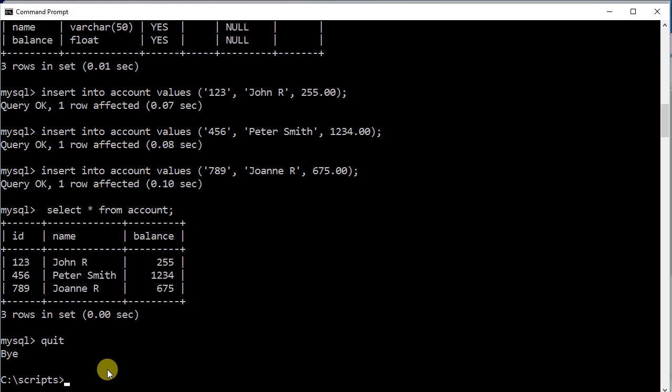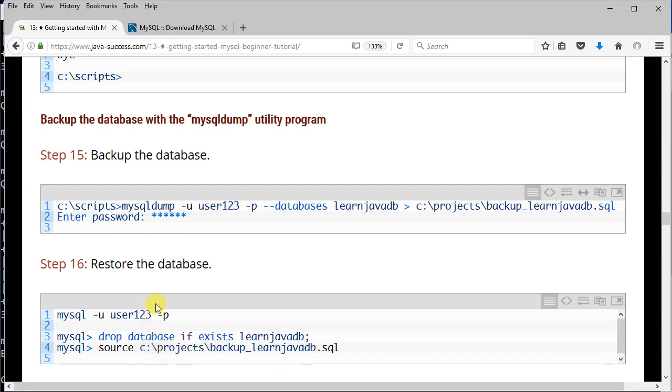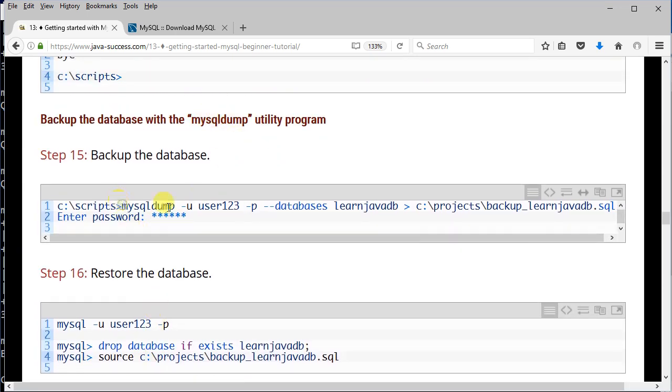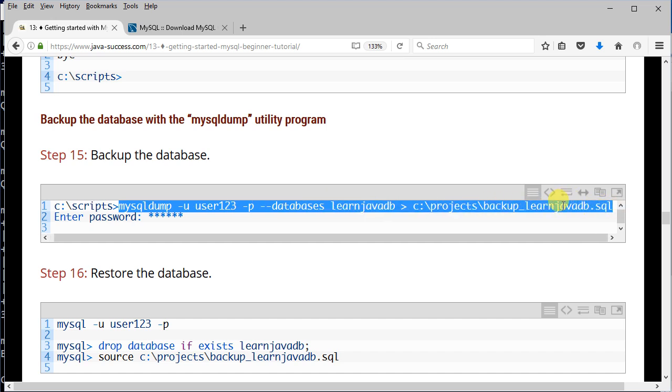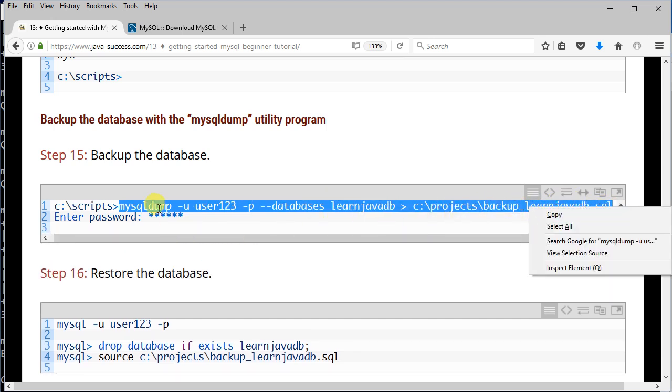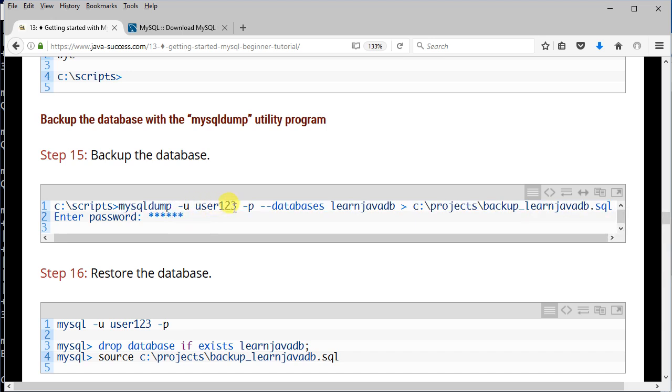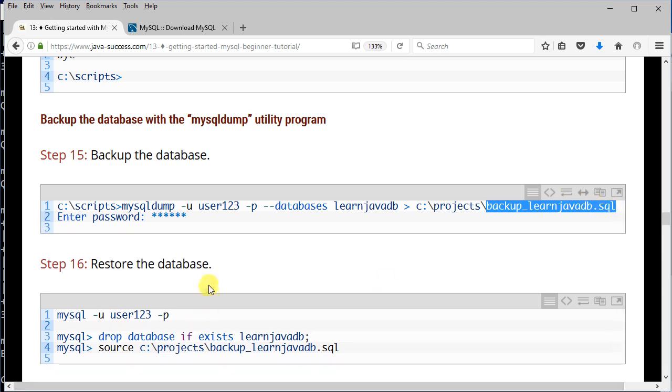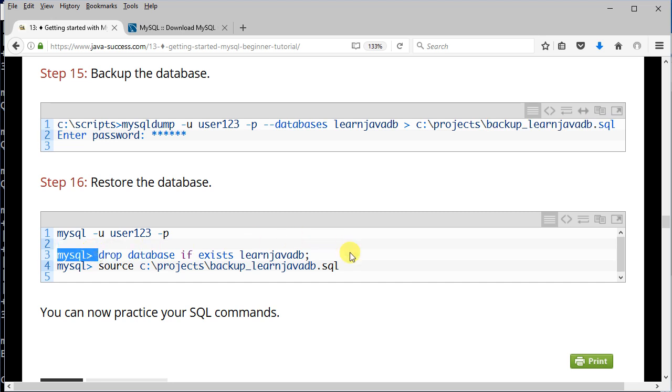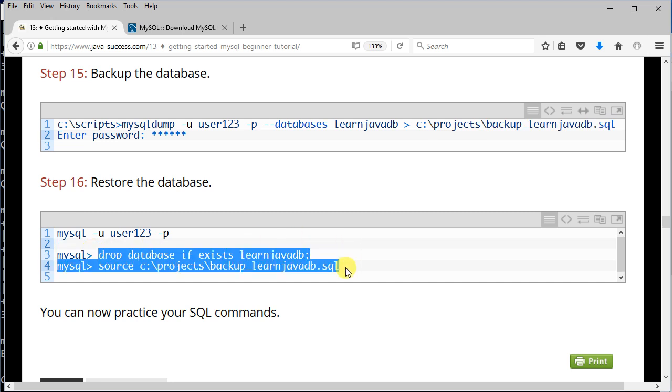And also if I want to back up this database and give it to somebody else to import into their system, or just in case anything gets corrupted, there is a utility called mysqldump. So I can run this command as shown here. I have already backed it up, and it'll ask you for my password. My password for the user123 is pwd123, and it backs it up to this Learn Java DB SQL file. And then also to restore, I can run this command and it will restore my database from this SQL file